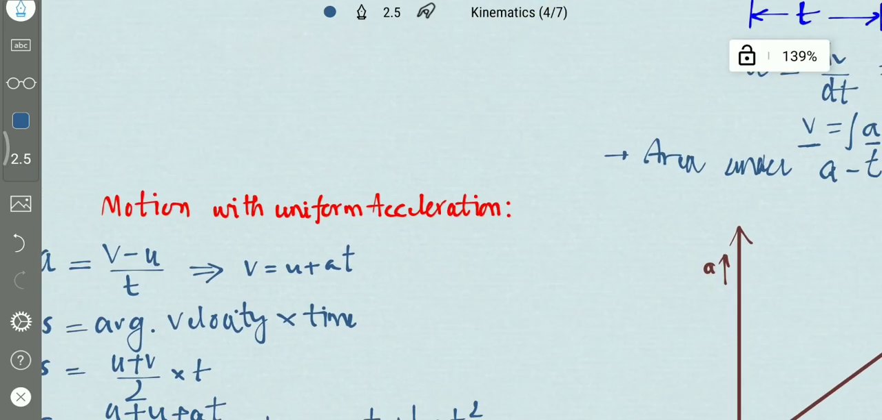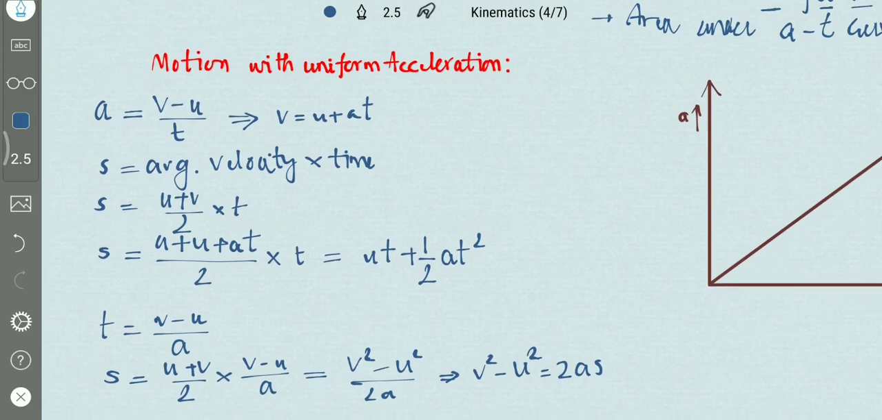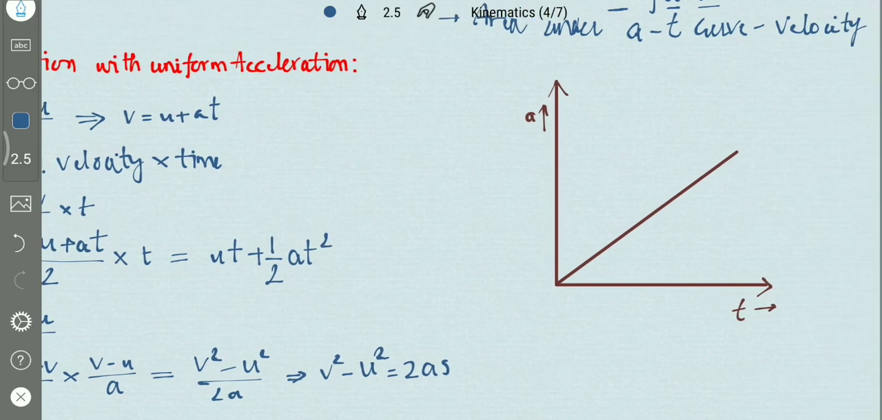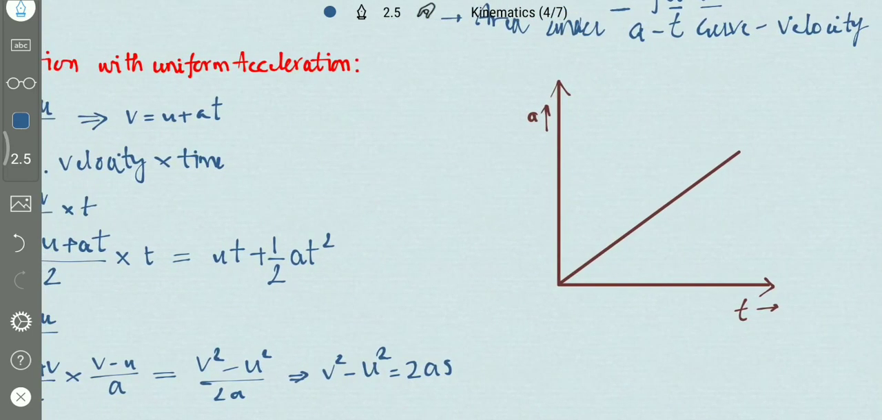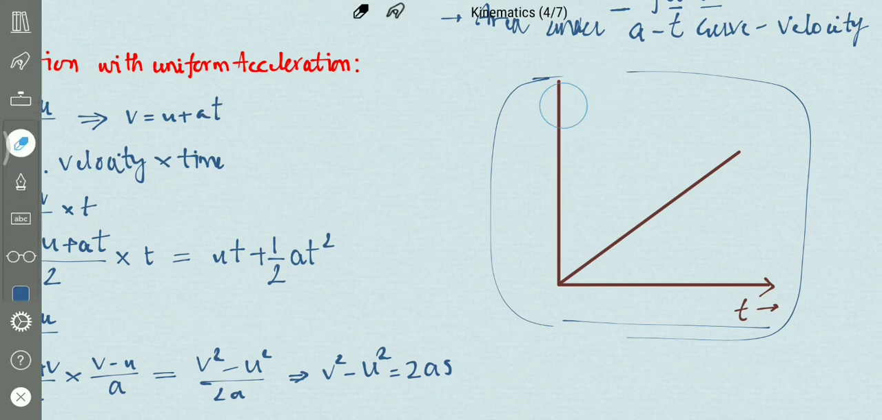So problems can be asked from this. Next section, motion with uniform acceleration. If it is traveling with a uniform acceleration, it will be like this. The curve for uniform acceleration. The curve will be